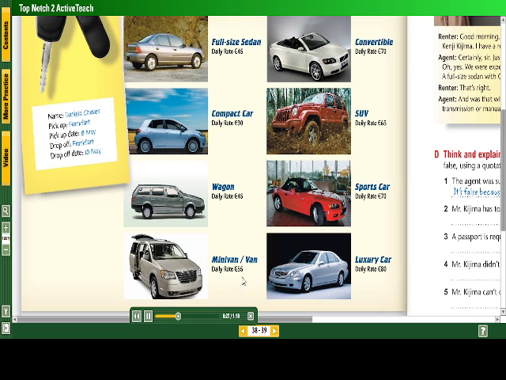A van. 5, A convertible. 6, An SUV. 7, A sports car. 8, A luxury car.